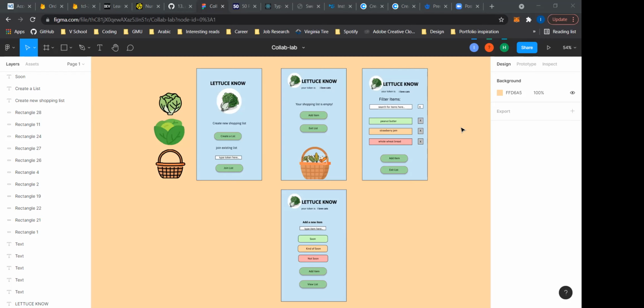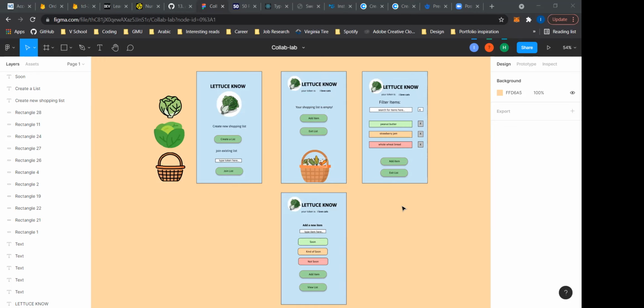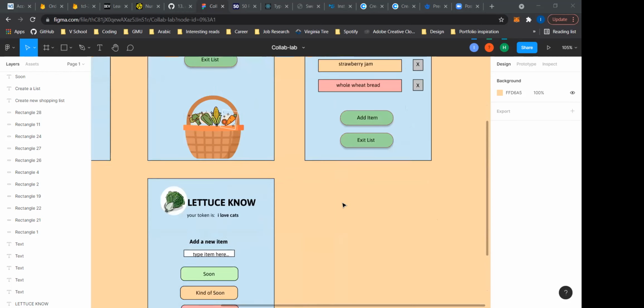So one other thing that we thought to add, which wasn't really included anywhere else, was the user's token, just to have it showing so that it's easier for them to remember if they want to come back to it later, because before you had to go into the console to see what your list token was, which didn't really make sense for the non-engineering user. And then Sandy came up with this amazing name. Let us know. I love that name. It's so cute.